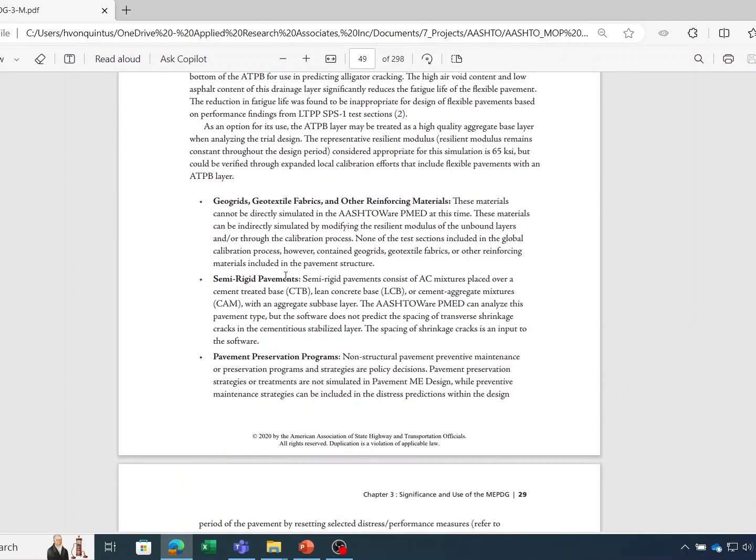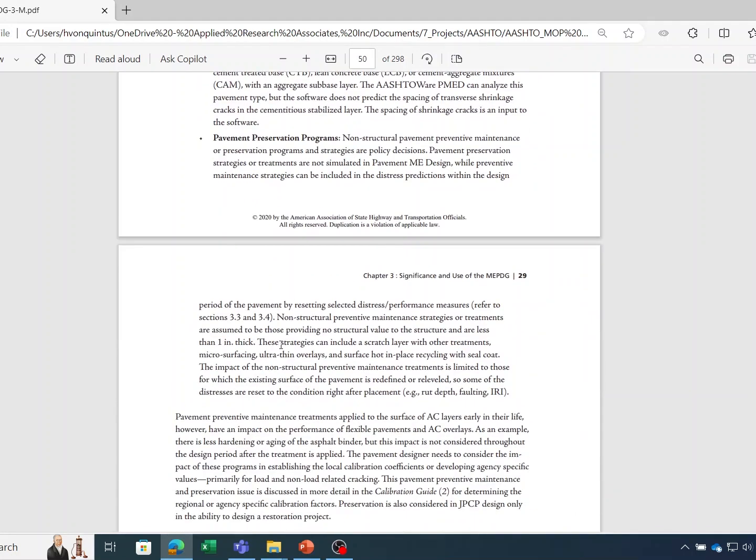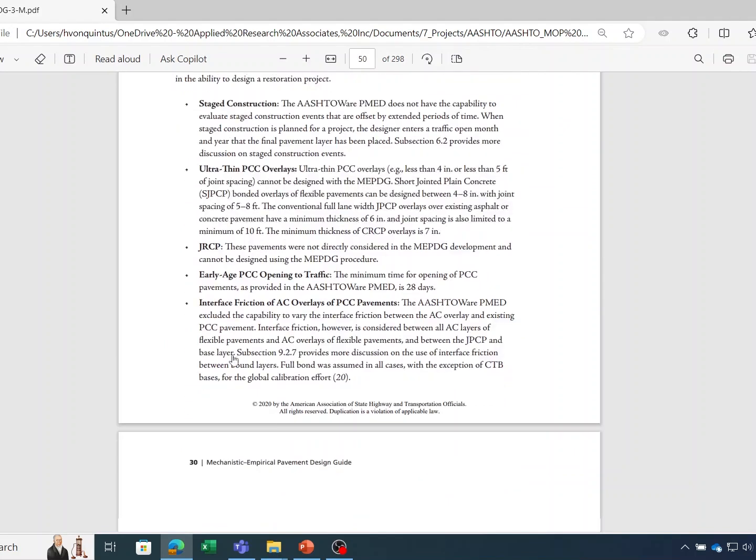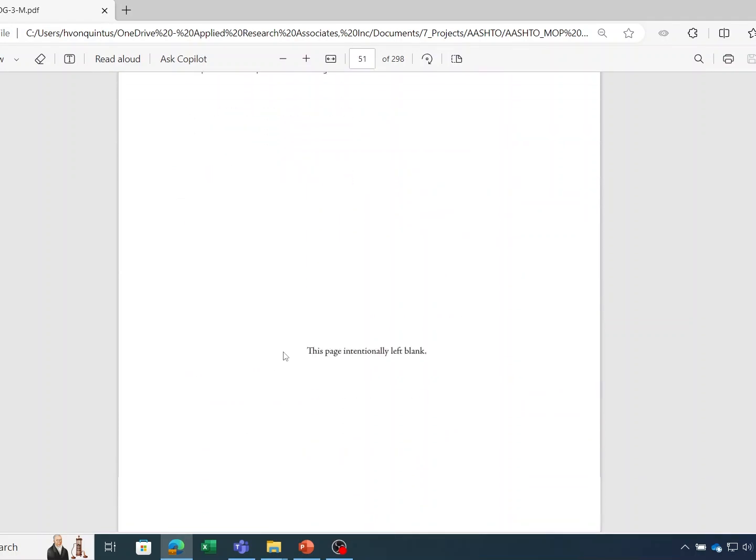Semi-rigid pavement is considered in Pavement ME, and we do have pavement preservation programs that can now be considered. But stage construction, the ultra-thin PCC overlays, and jointed reinforced concrete pavements are not applicable to the Pavement ME software for rigid